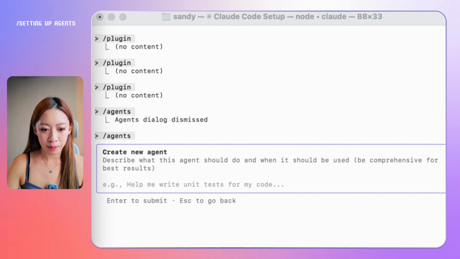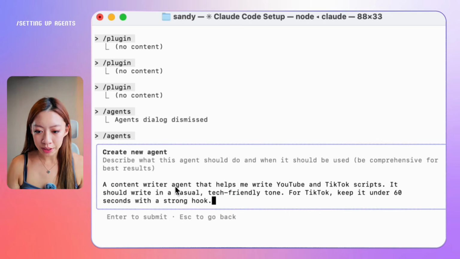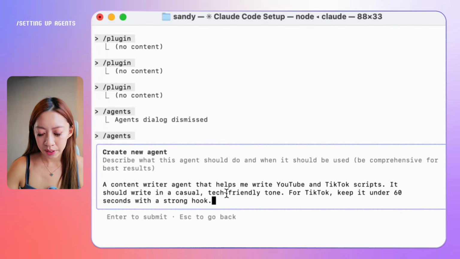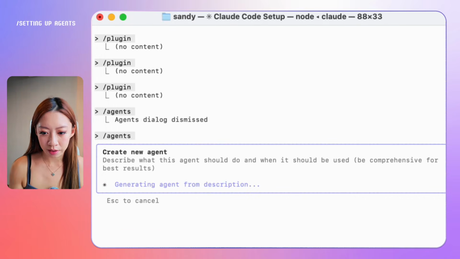Maybe a good prompt could have more details as to what a content writer agent should do. It should help me write my YouTube and TikTok scripts. It should write in a very casual, tech-friendly tone. For TikTok, keep it under 60 seconds with a very strong hook. So once this is done, all you have to do is enter to submit and then let Claude generate this